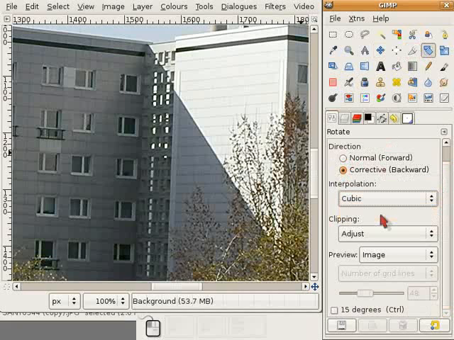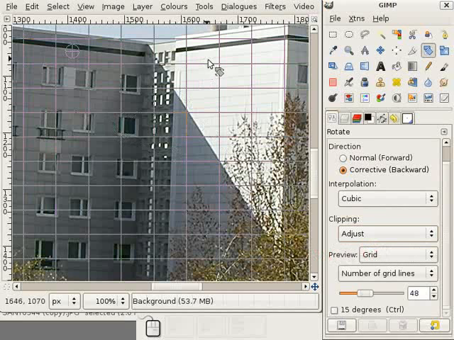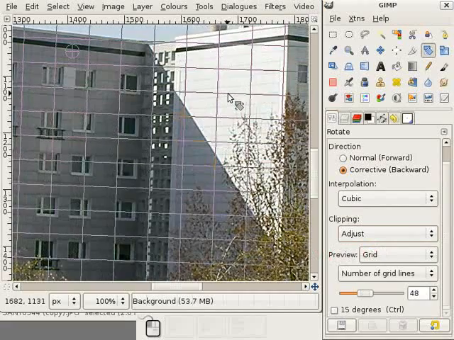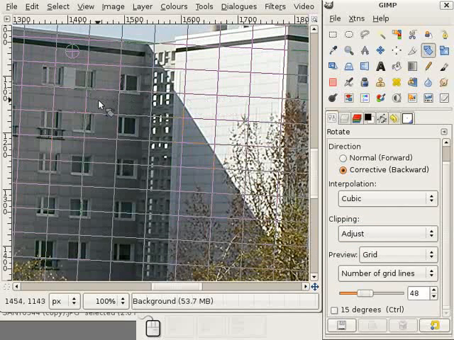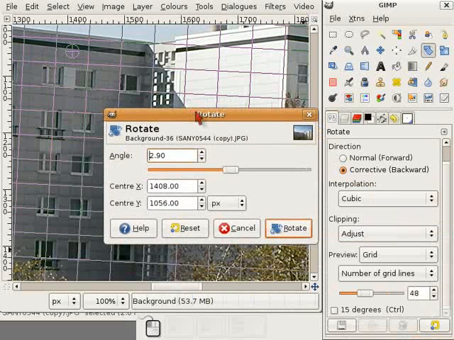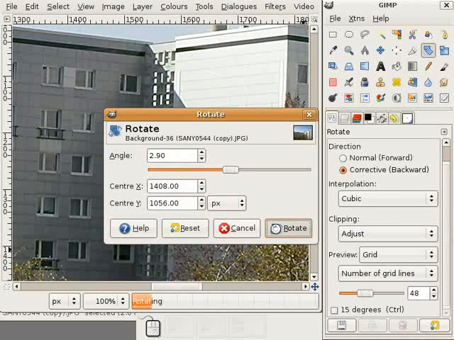I check here cubic interpolation, and as preview I select the grid. Now I click into the image, get again my grid lines, and now I align these lines with the vertical structures of the house, and I think this is it. I have this little window here open, 2.9 degrees, and I click on rotate